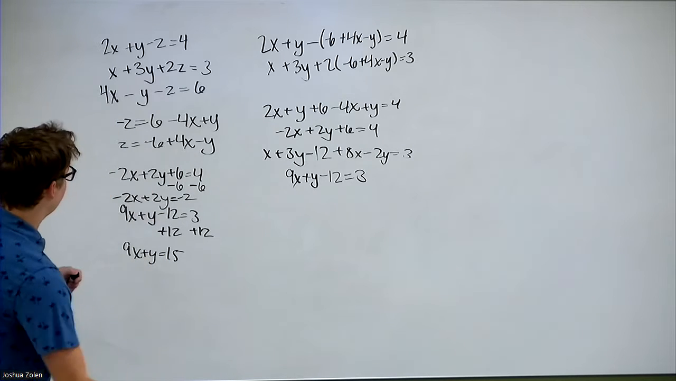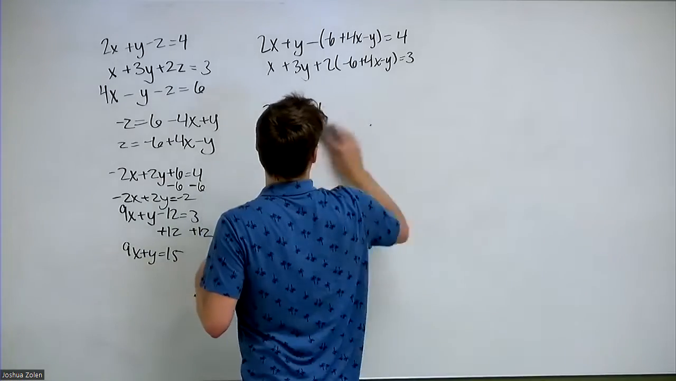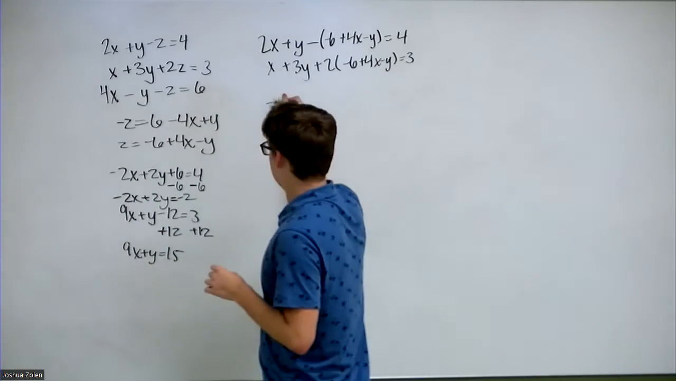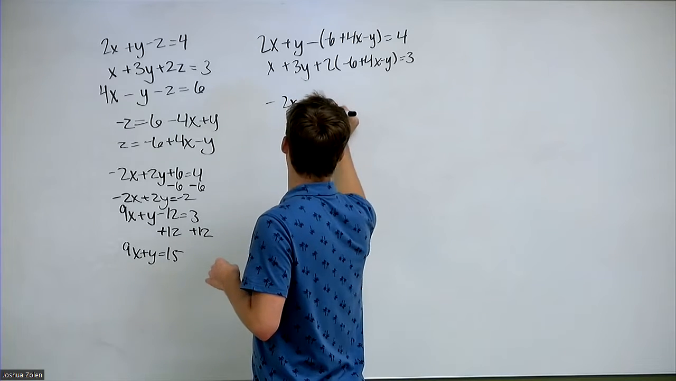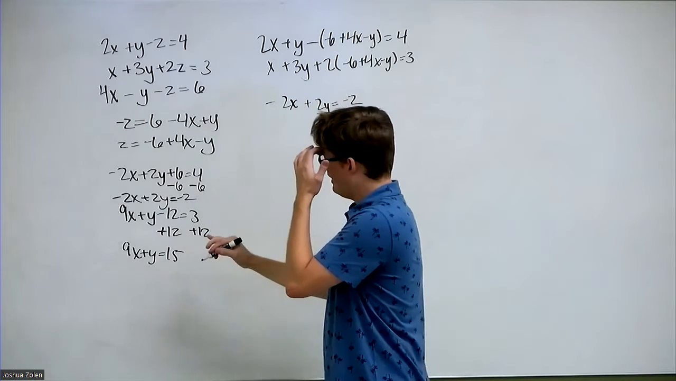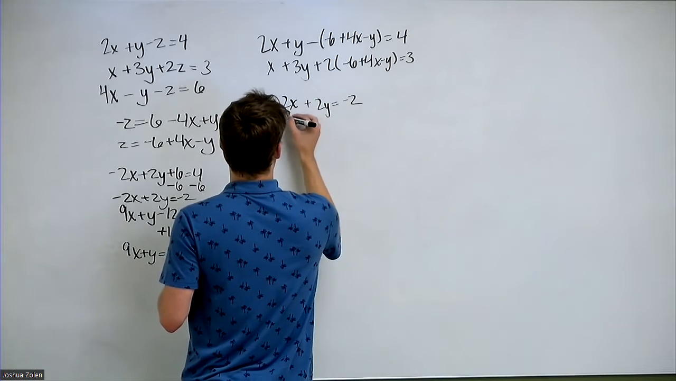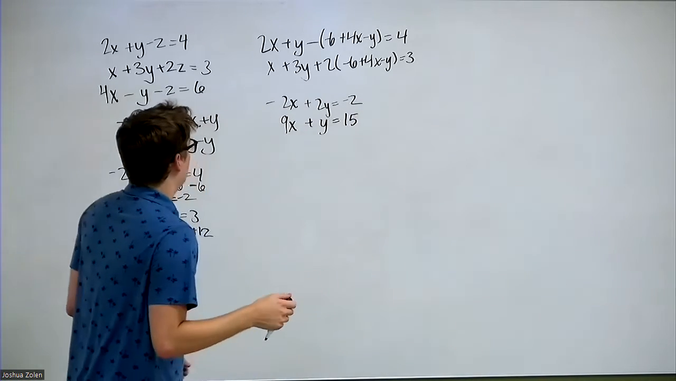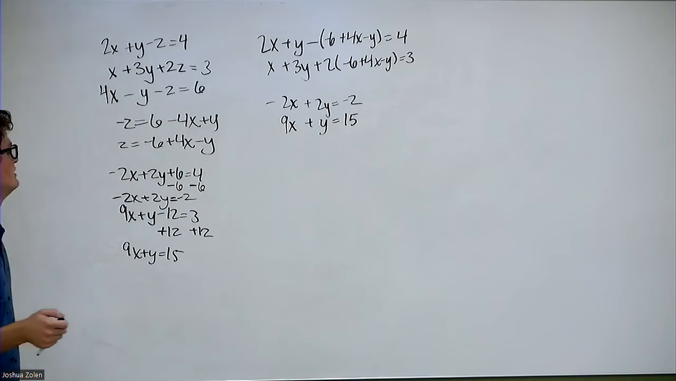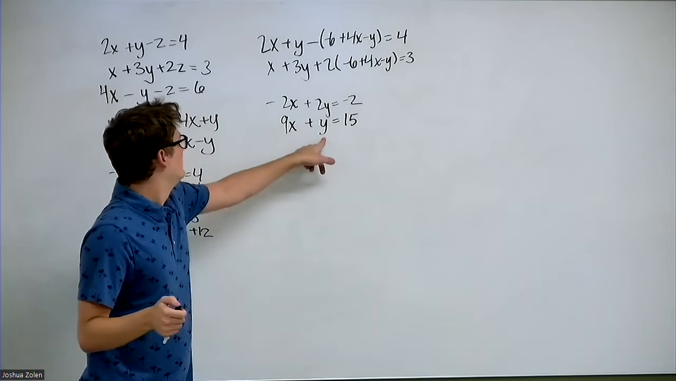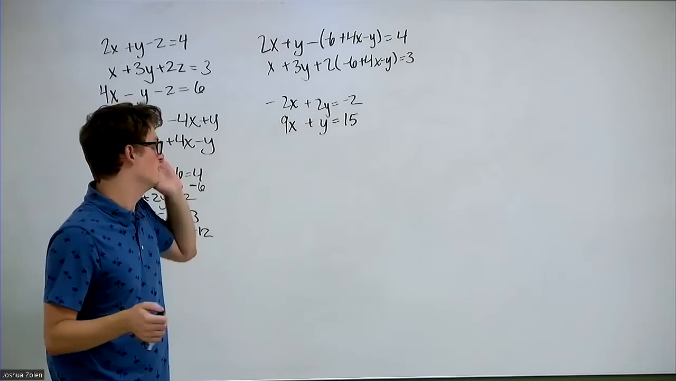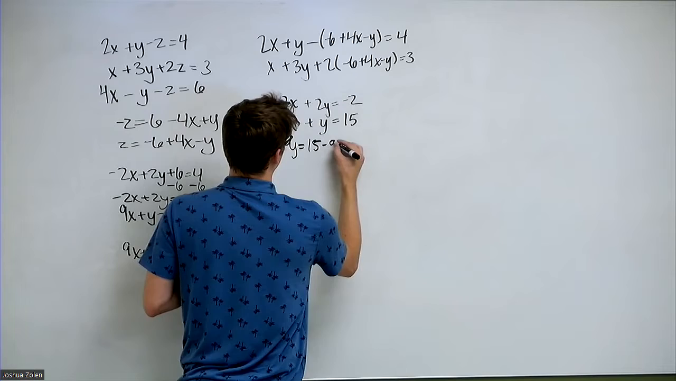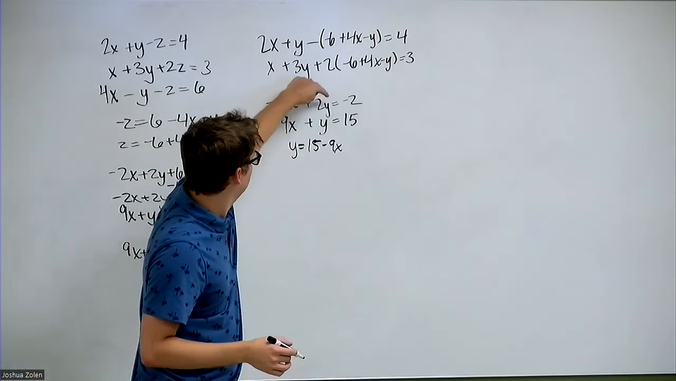All right. I'm going to erase this over here. Okay, so our two equations, we're going to have -2x plus 2y is equal to -2. And we have 9x plus y is equal to 15. Okay, since we have just a plain y right here, let's just continue using substitution for this method. So we'll solve for y, we're going to get y is equal to 15 minus 9x. If we plug this in this equation,